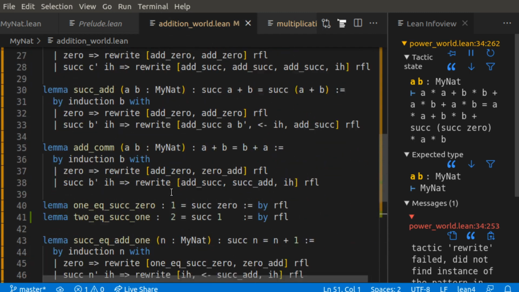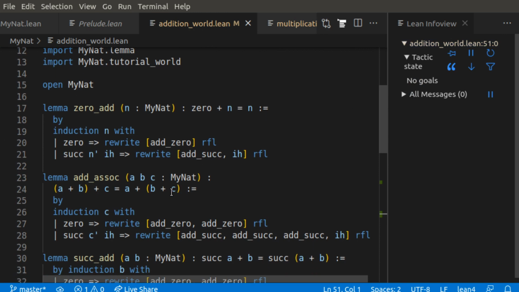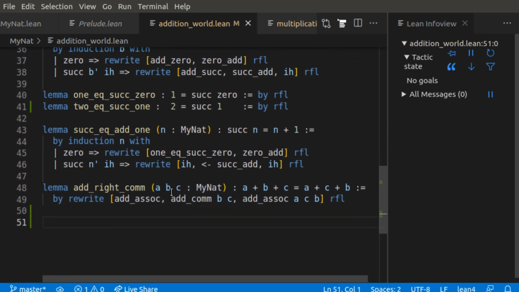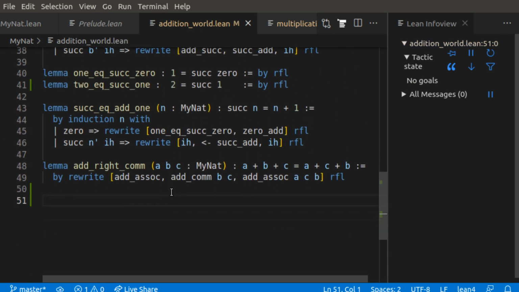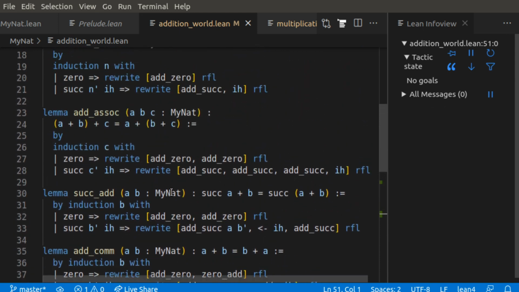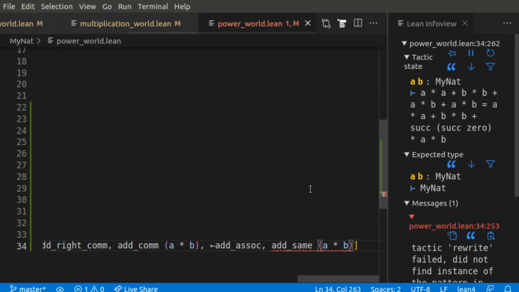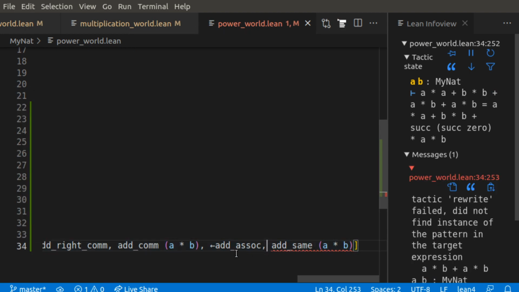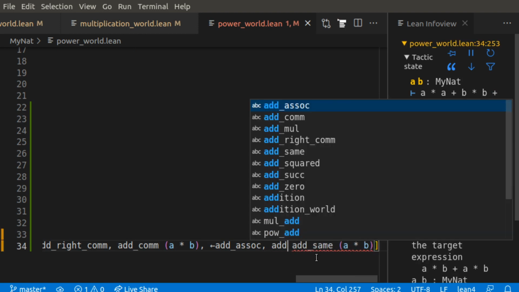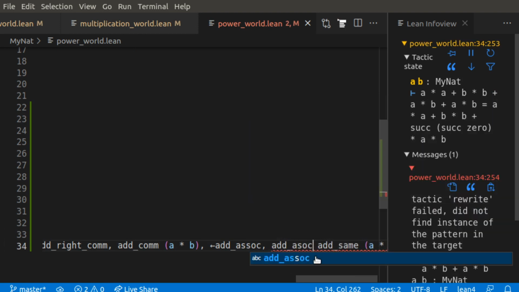Addition world. Okay, add associative. Nice, we want to apply add associative. And we want to apply add associative to